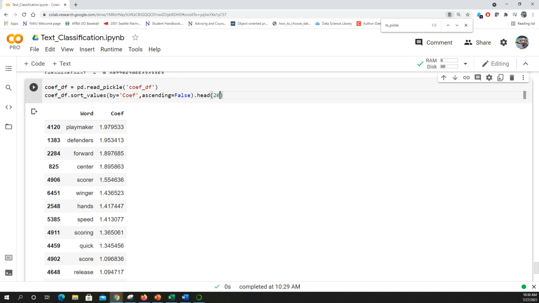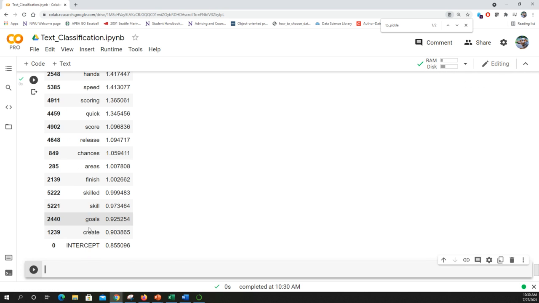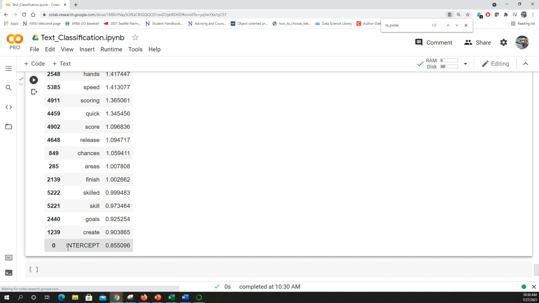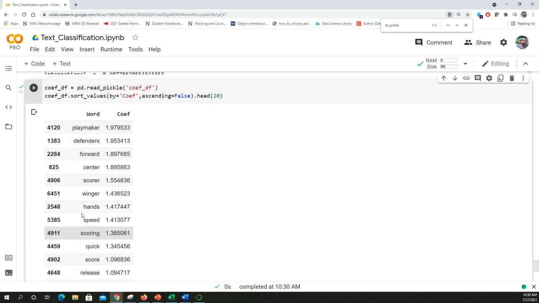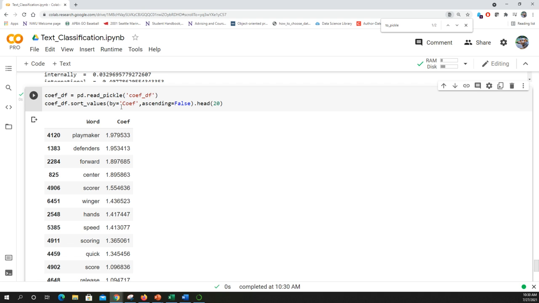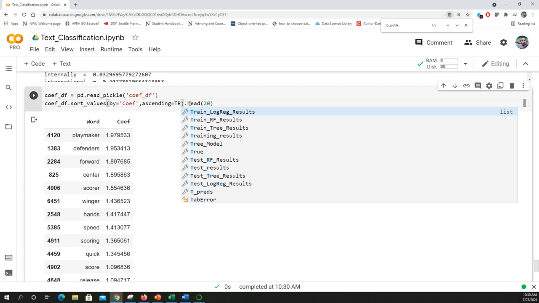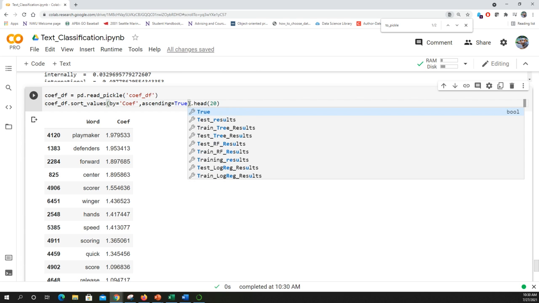Let's expand this out a little bit, because I think the intercept I was talking about, here it is. All caps. The intercept that we start off with is an assumption. This is our baseline, right? That this is probably a forward. Okay. And now, if we want to take a look at which words indicate defender,